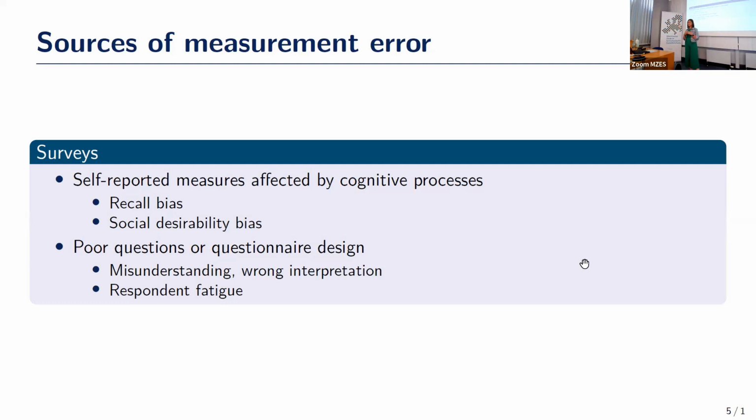So for surveys, we have different cognitive processes that can affect responses, of course. We have recall bias. Sometimes we ask very difficult questions about how many times last year, or 5 years ago, you did this and that. People just don't remember. Or also social desirability bias. I'm now working with a PhD student on pro-environmental behavior, and there a big problem is social desirability bias. We get answers in surveys of how people would like to be and what their intentions are, rather than the type of behavior they are truly